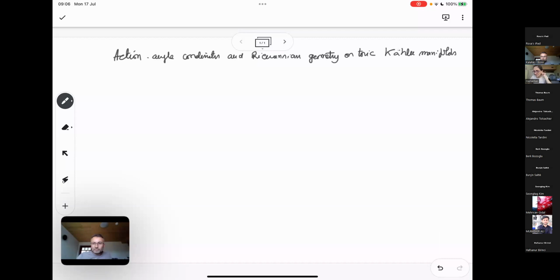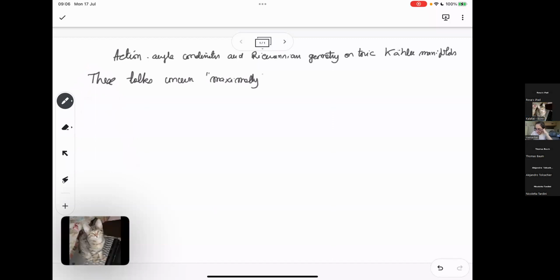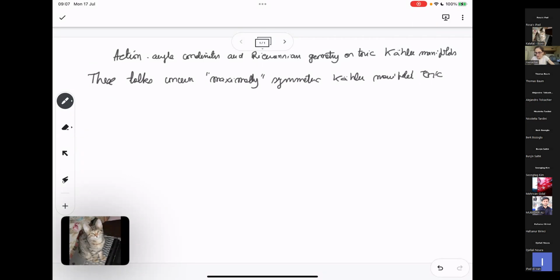So, all of the lectures are going to concern, informally, I would say, maximally symmetric symplectic manifolds, which are called toric symplectic manifolds. And the reason why they are worth studying, and they have been studied quite a lot in the past,